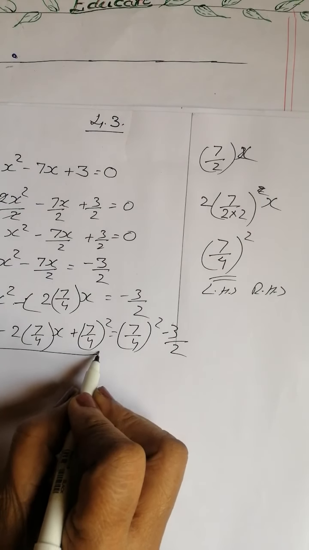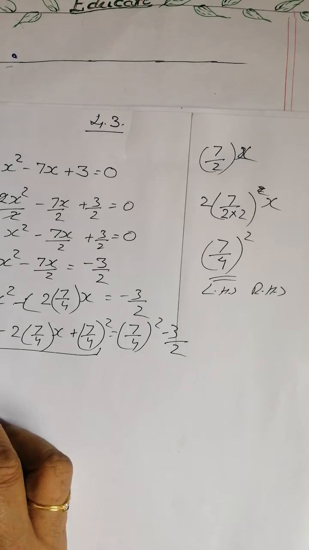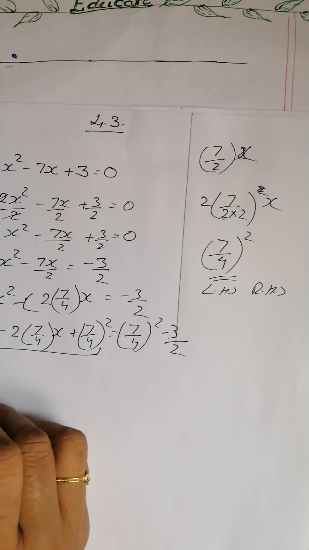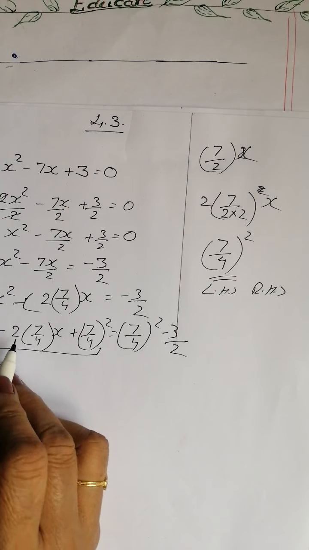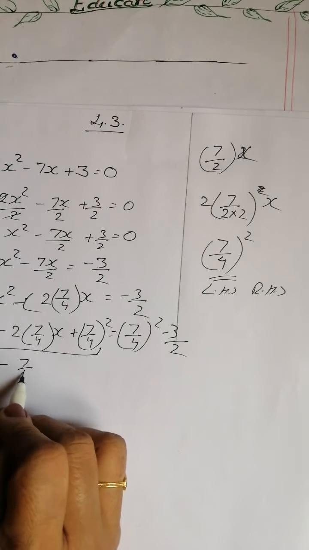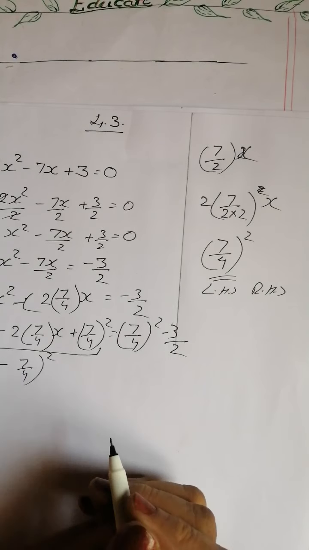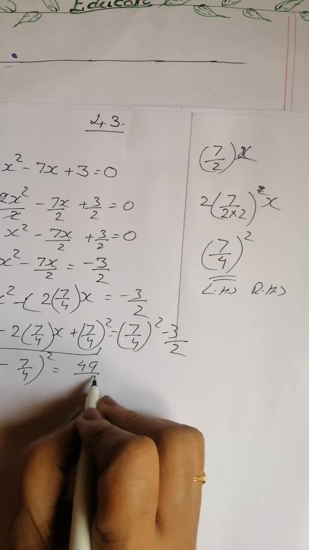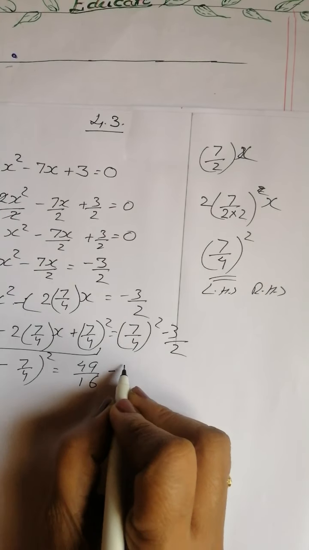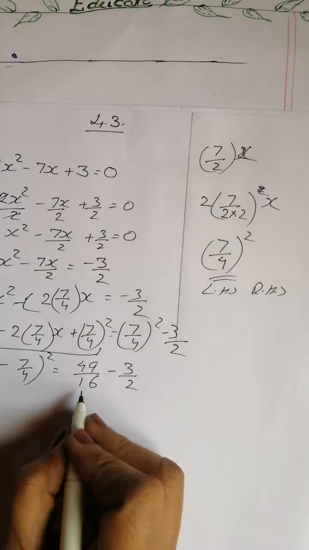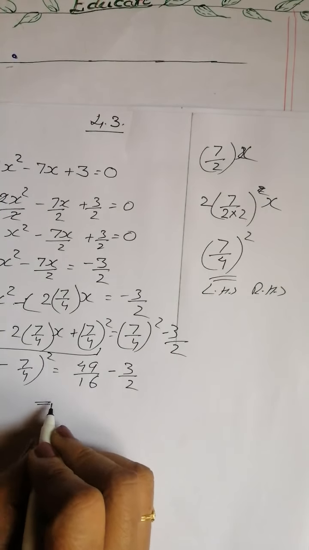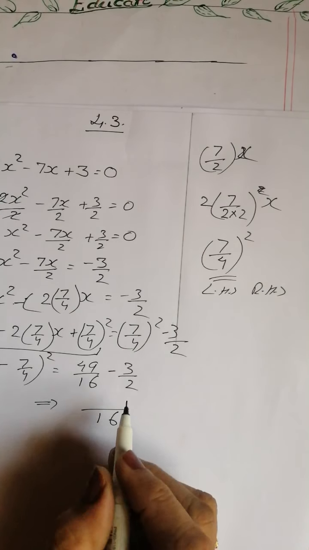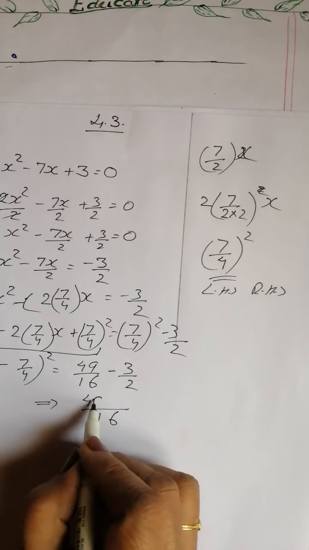This you leave as it is because this equation will become a square minus 2ab plus b square. What is a square? A square, in place of a, is x, minus 2ab this one, and then 7 by 4 the whole square. You got it, this one? Equals to, what is 7 square? Yes, 49 by 16 minus 3 by 2. Now take the LCM of this one, which will become 16 is the LCM. Is it not?